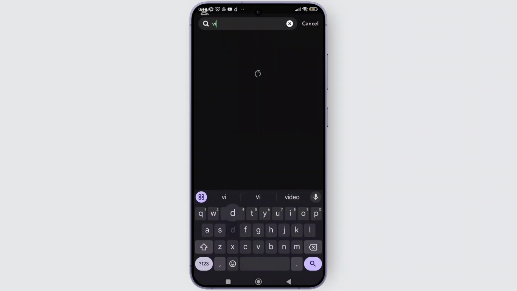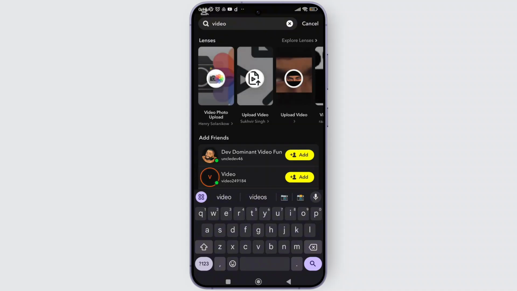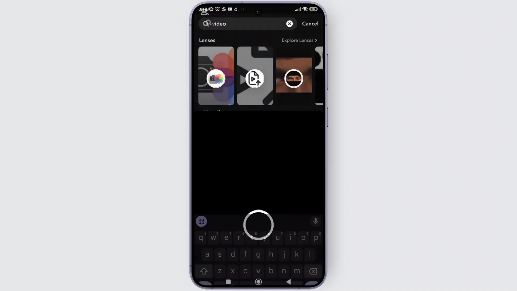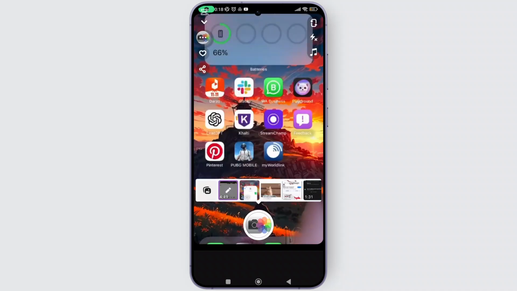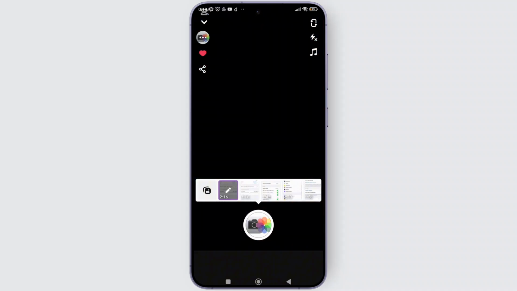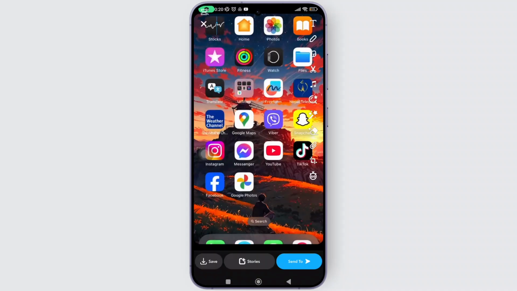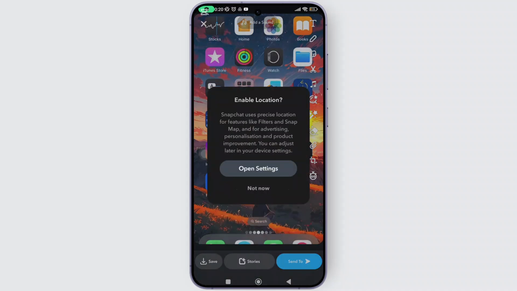Now in the search bar, type video to find filters that let you upload videos from your camera roll. From the search, select the first result and this filter will allow you to upload and send your video as a snap. Now press and hold the record button at the center of the screen